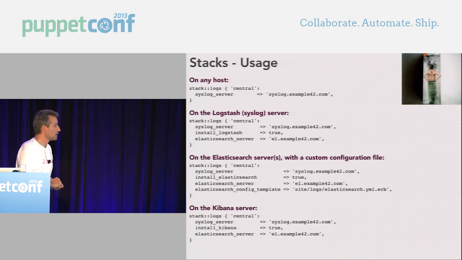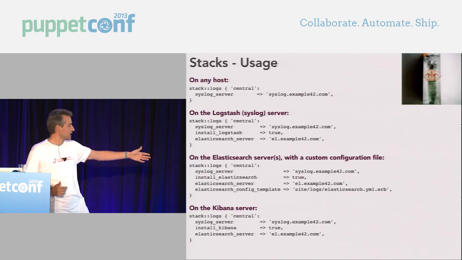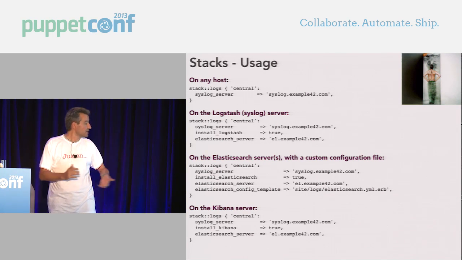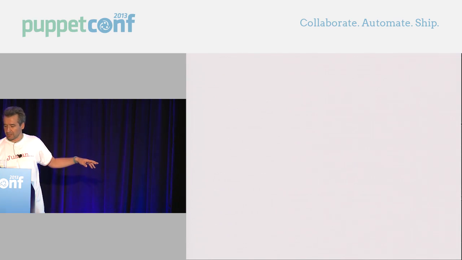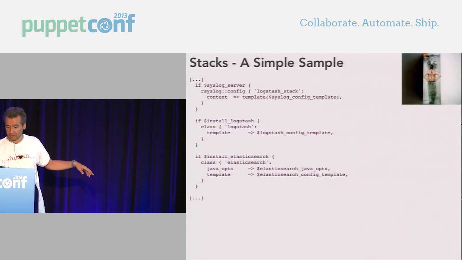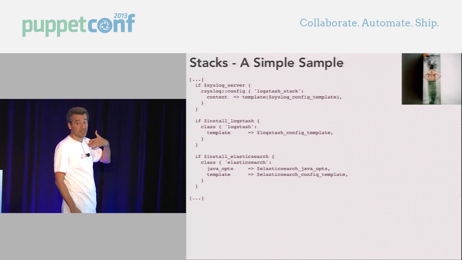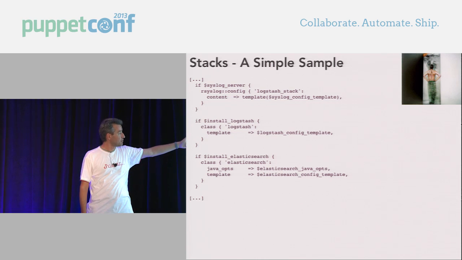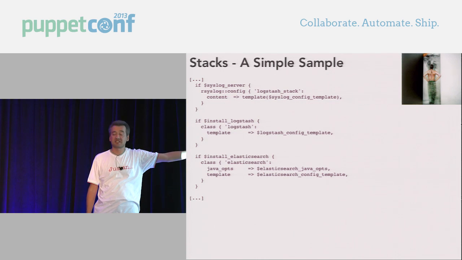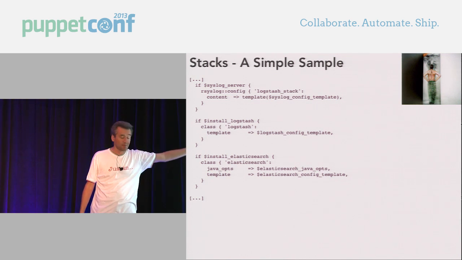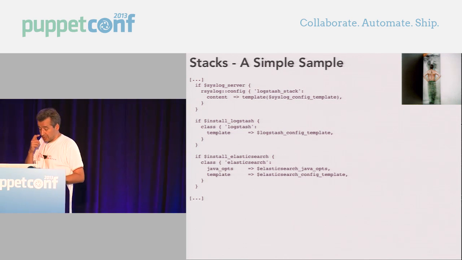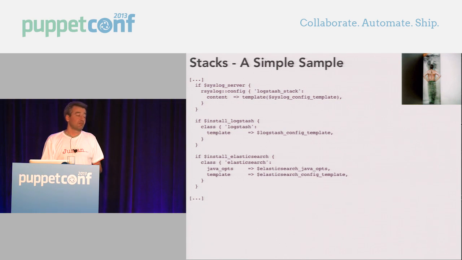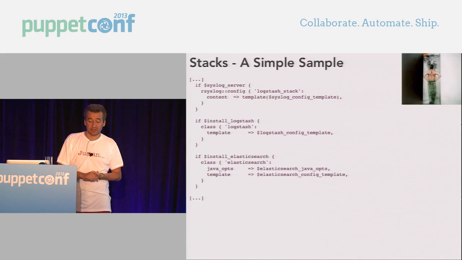templates or whatever. And then, for example, on the Kibana server, you may have install Kibana true, and the Kibana module will be installed, and so on. So the code inside your stack is something as simple as: if installing Elasticsearch is true, then I manage Elasticsearch with all the parameters I may want to add. So this is an example. There are probably much better examples around, but the point is,